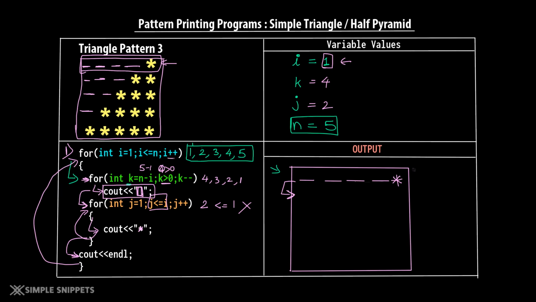Now i will become plus plus, i will take the value of 2. So let's make i as 2. Okay, so i will become 2. The condition will be checked. Is 2 less than equal to n? Because this is the condition. n is gonna be having a fixed value of 5. Is 2 less than equal to 5? Yes. So we will go inside this outer for loop. And now we will again start with the execution of the content inside the outer for loop, right?